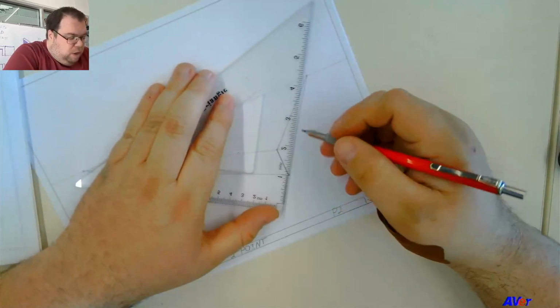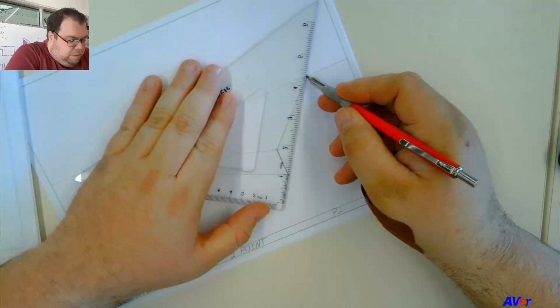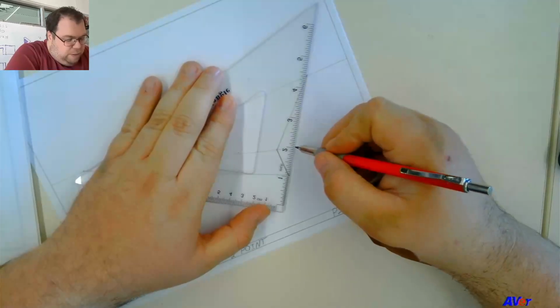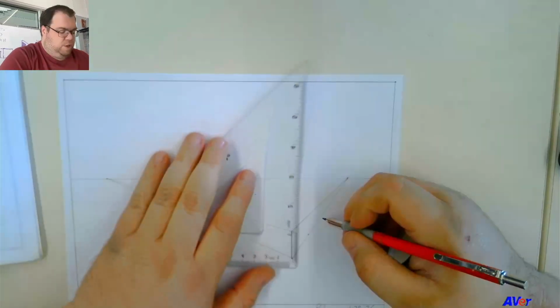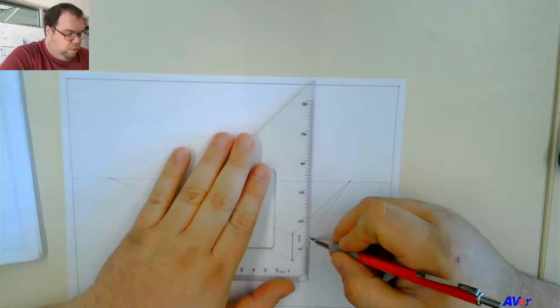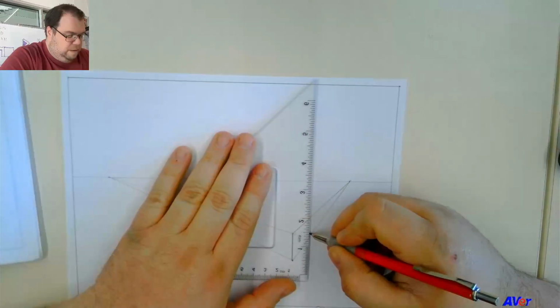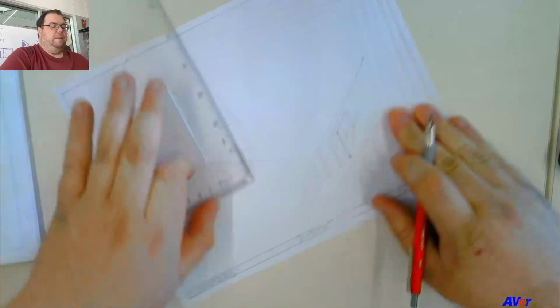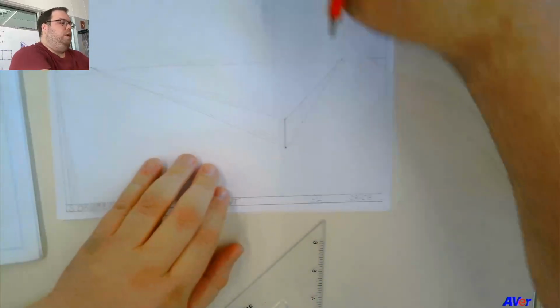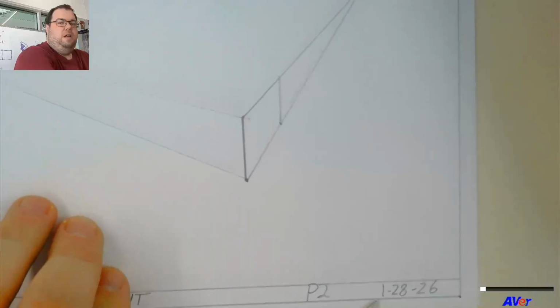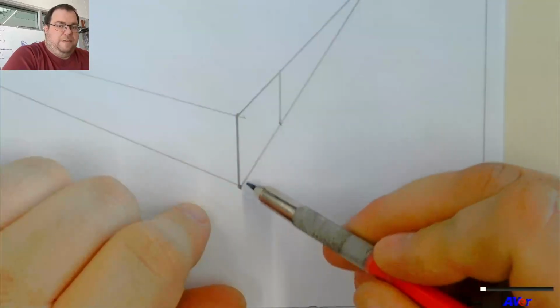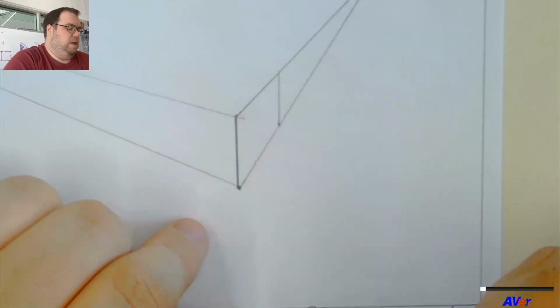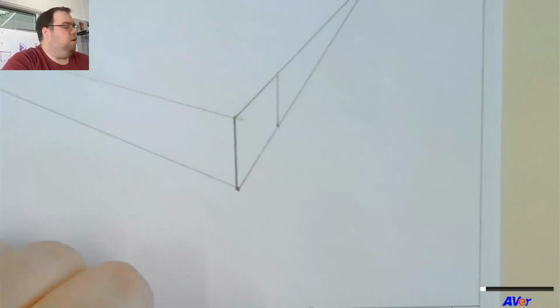If I were to come along my line here, from my starting point, measure up 1 inch, remember, don't do this, and carry my line up, visually, or rather from a measurement perspective, this is an inch and this is an inch. But visually, this does not look like it's a square,